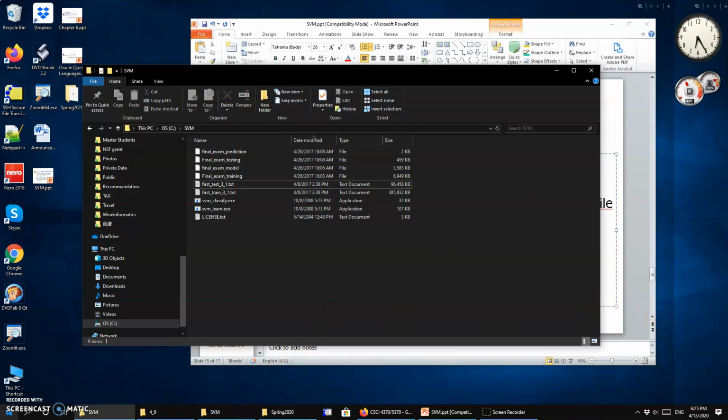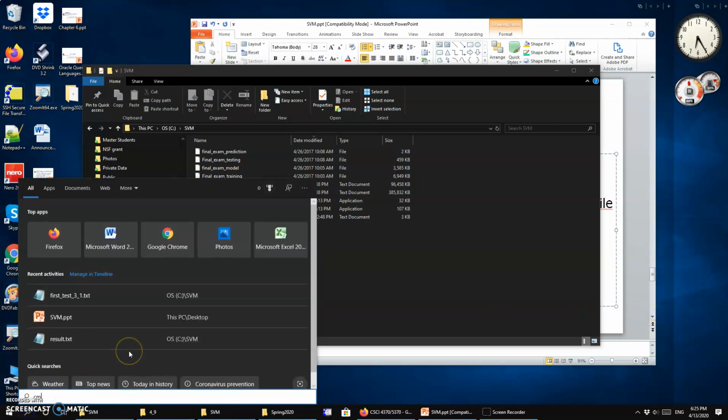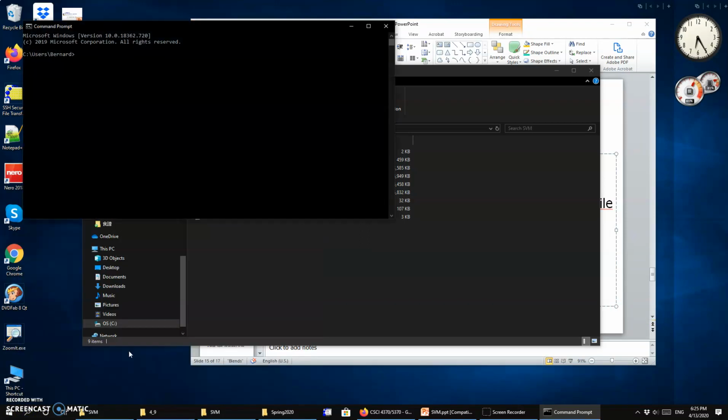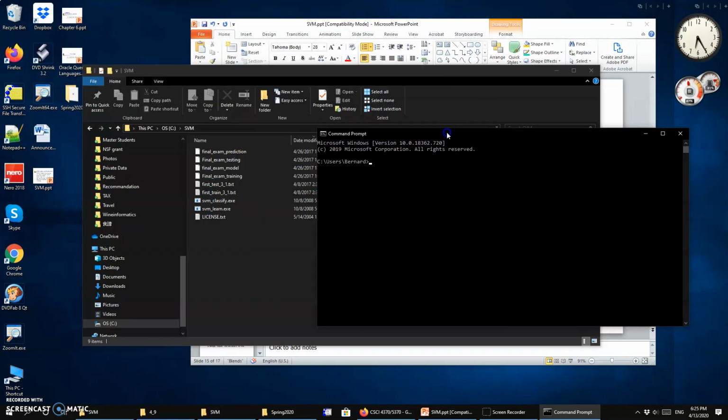What you are going to do is go into the CMD command line so that we are able to execute the code. If you type in CMD, you will go into the command prompt, and then you do cd / indicating you want to go back to the C drive, and then change to SVM, because the folder where I store all of this information is under SVM. As you can see, SVM over here. So now I can start doing the SVM learn,